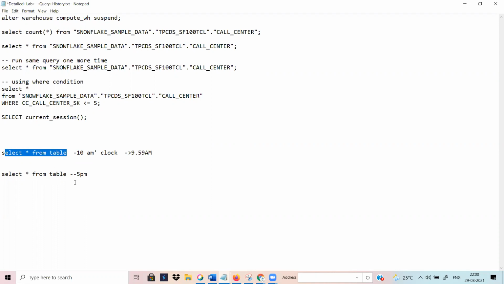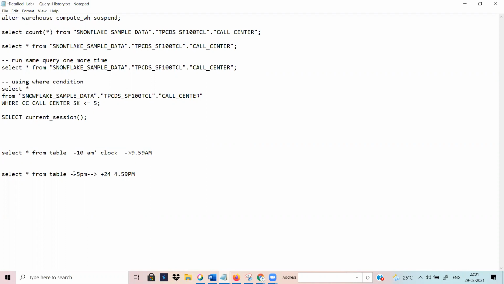What happened at 5 p.m. when you are running it? Your query lifetime will be extended. Right now it will be an additional 24 hours, till 4:59 p.m. So what I'm telling you, when you are running the query the first time at 10 a.m., your lifetime is obviously next day 9:59 a.m. Until then, if you didn't process it, it is going to expire.